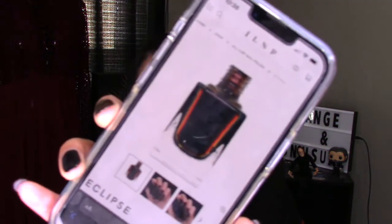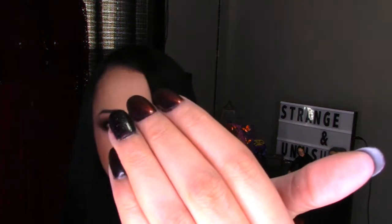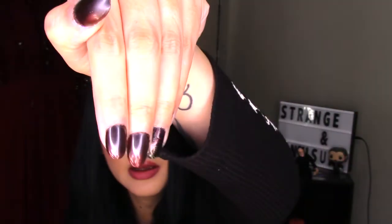You could see the bottle on the website, it's very magical. It reminds you of an eclipse. It's really, really cool. My nails are dirty right now, I just did my makeup, but you could see that shift it has on your nail. Really pretty. I love how these dry fast. Now, I did wait about 60 seconds, maybe more, to apply the next layer. I was able to do that, and then I usually finish my nails with a very light coat of